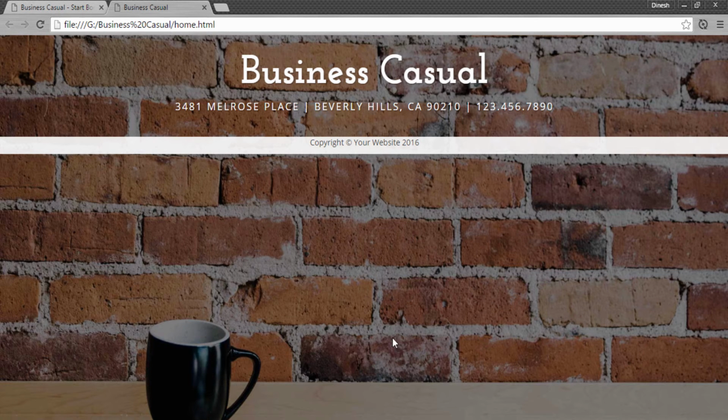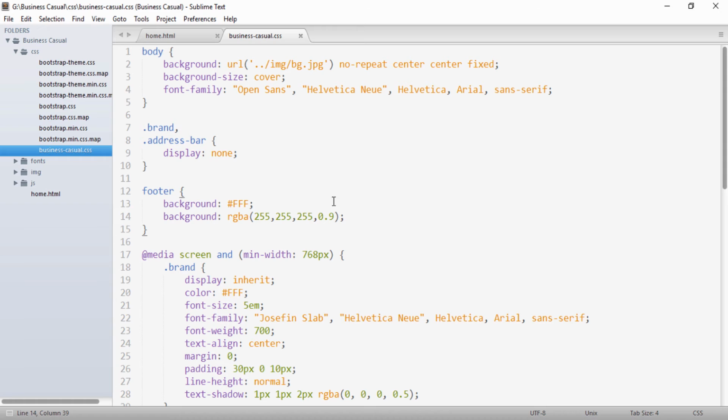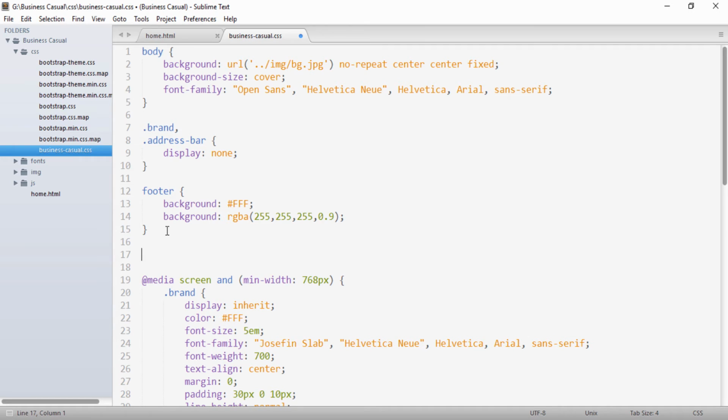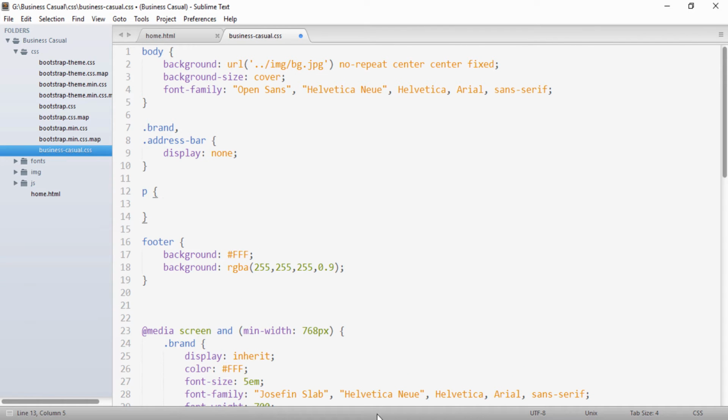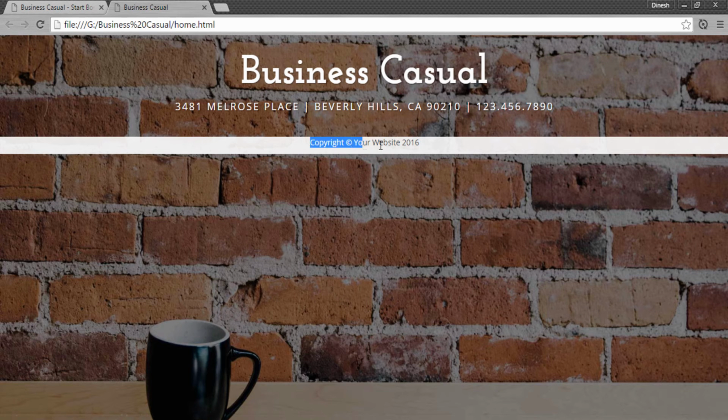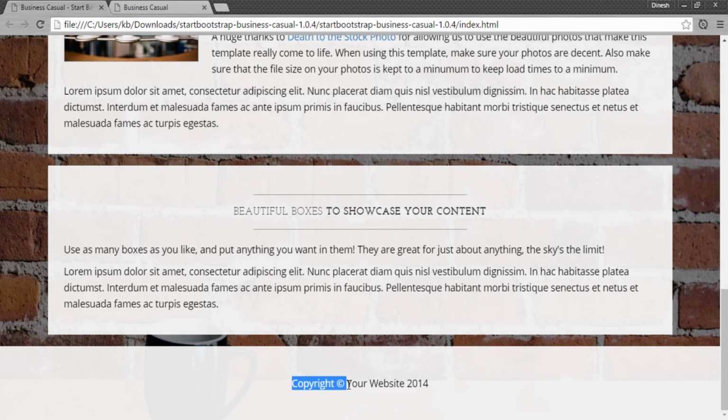Moving ahead, just above the footer, to our paragraph element we'll be providing the CSS. If I go to the browser, here we have to increase the font size, give some line height, and also provide some color, so that it looks something like this.